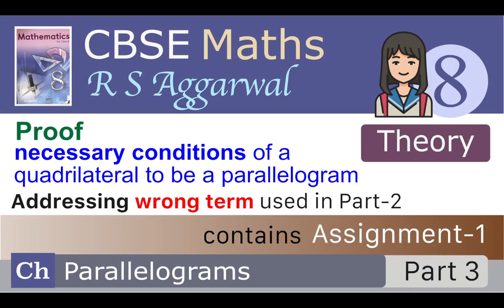This is part 3 video on the chapter of parallelograms, where I will discuss some necessary conditions of a quadrilateral to be a parallelogram along with proof. Also, I will address something incorrect that I said in the previous video, part 2, regarding parallel lines and another line intersecting two parallel lines. I will address that in this video. I will not solve any problems in this video, but